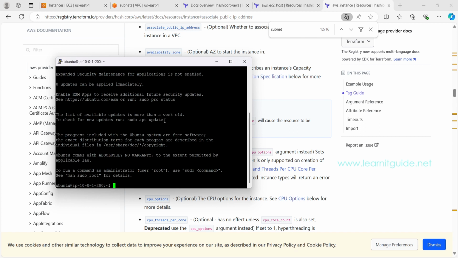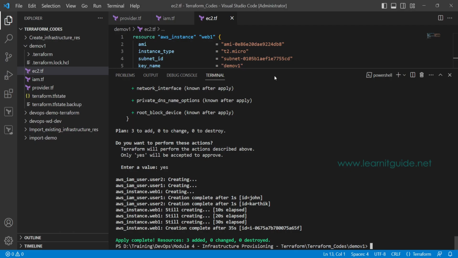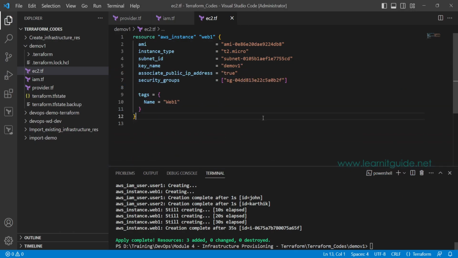So I'm able to log in to my EC2 instance, which means from here you can further configure your servers. This was our request to create an EC2 instance. So we found the right resources, defined all the required parameters, and created it using Terraform. Similarly, if you want to create any other resources like S3, then we have to find the right